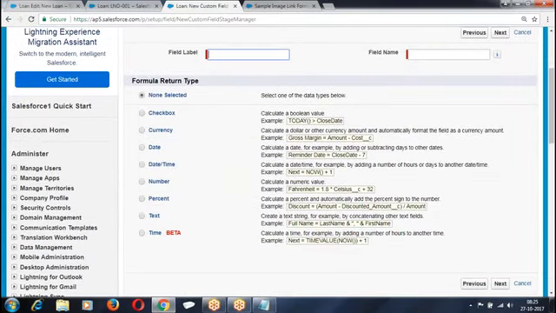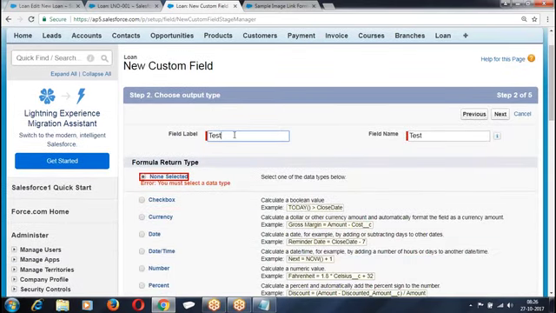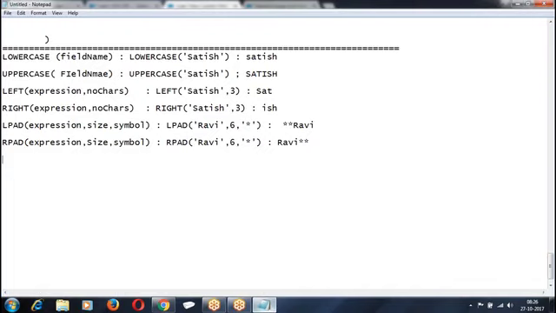mathematical functions. I see that padding functionality, what actually it does, it will merge with whatever we are giving, the symbol with that expression, is it? See, we are expecting the length of the output to be 6 characters, but you have given only 3 characters. The remainder will be appended with a star. Okay.